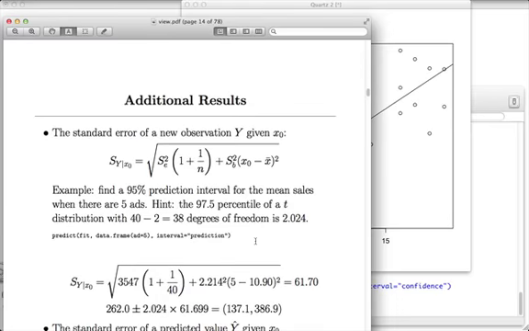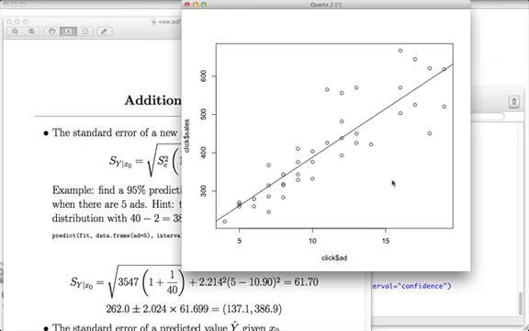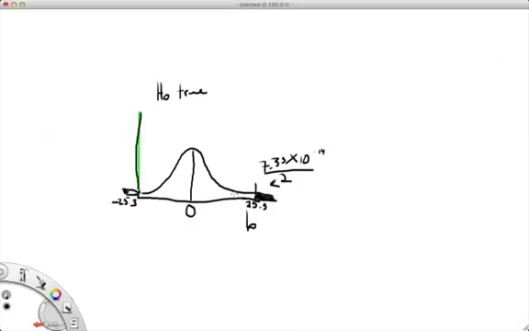The other type of interval is called a prediction interval. The prediction interval is really talking about the distribution of y for this x. Now, let me go back and scribble a little bit. So if we draw the basic model, here's our basic model again. You have a line,